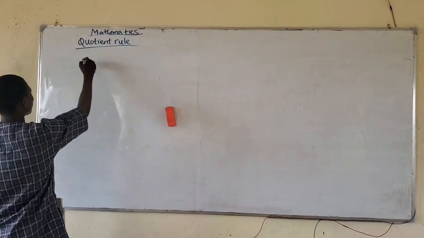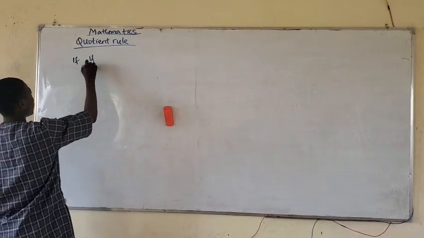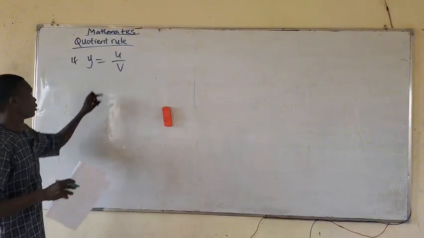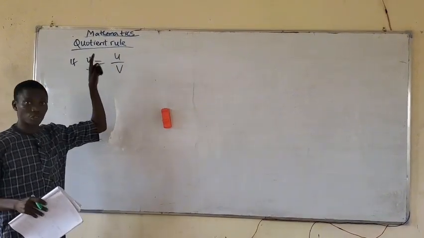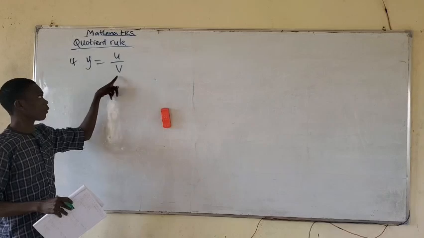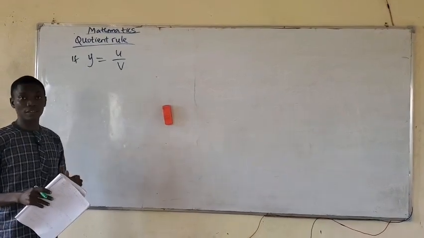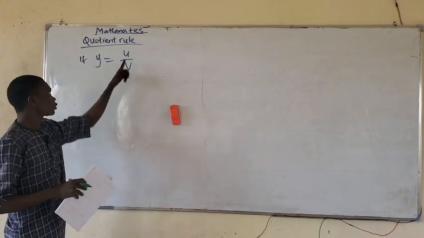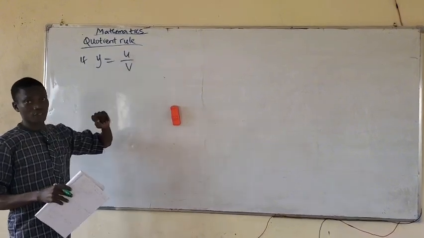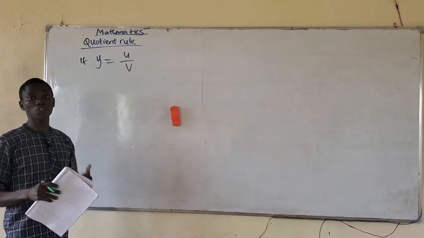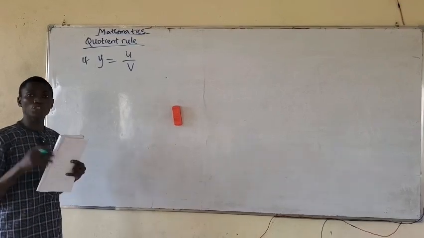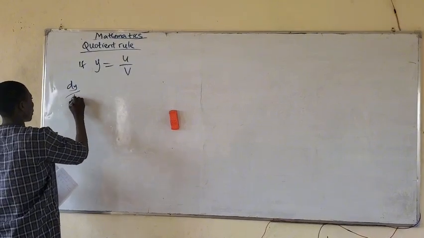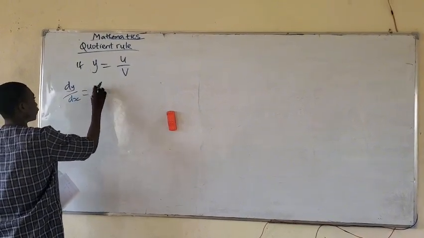For example, if y equals u over v, just as you can see here, two terms divide each other. U is being divided by what? V. So whenever two terms divide each other, you make use of what? The quotient rule. This u is a function of x, and this v is also a function of x. So our quotient rule formula is dy/dx equals,